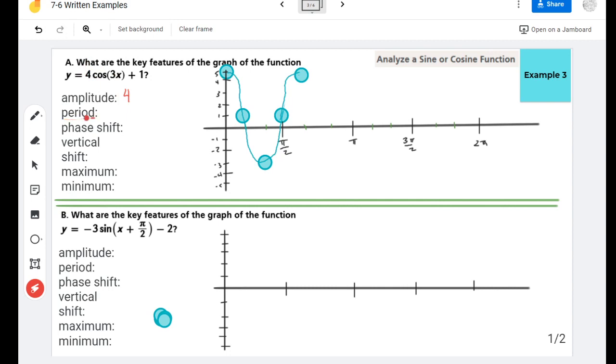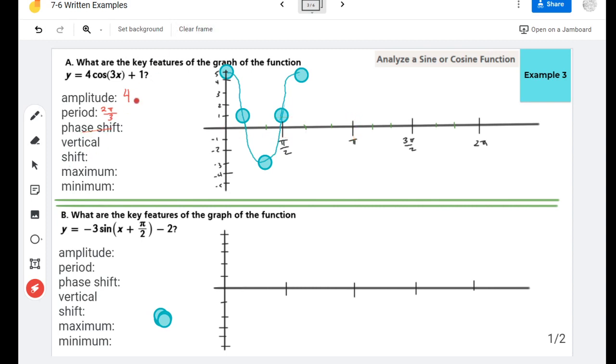Now our period, we get that by doing 2 pi divided by b. So we did 2 pi divided by 3. Which kind of makes sense, right? We took all of this and divided it by 3. So this is 1/3 of 2 pi, if that makes sense. All right, or you could think of it as 2/3 of pi. Anyway,